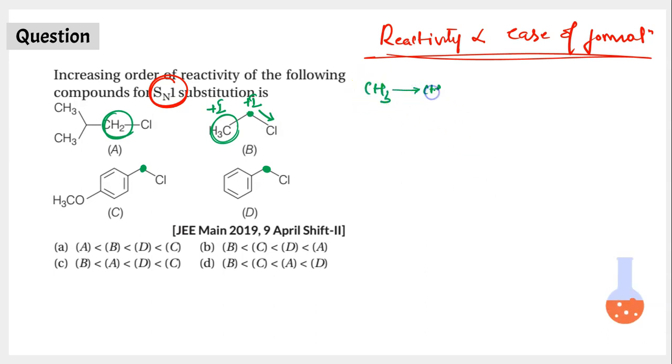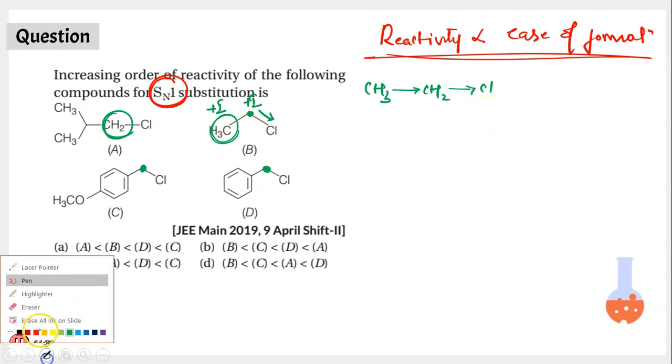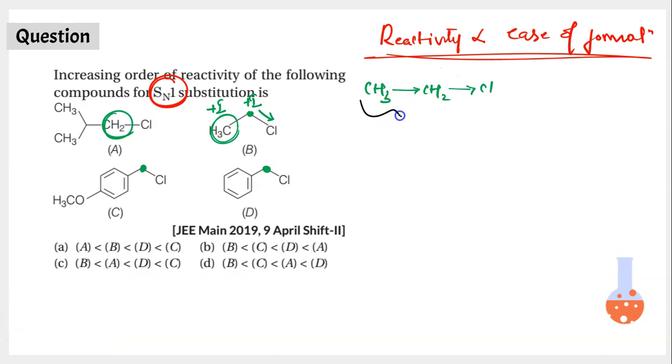CH3 would be pushing electrons towards CH2, which would be pushing electrons towards chlorine. So basically what's happening here is, due to the presence of these plus I groups, chlorine is receiving electrons. In all the four cases, remember, chlorines are greedy for electrons. They are electronegative. They always desire grasping the electrons from the adjacent atoms. If they are getting electrons, then they'll not break away. They'll stay back. If they are not getting the electrons from the adjacent group, then they'll break away easily.